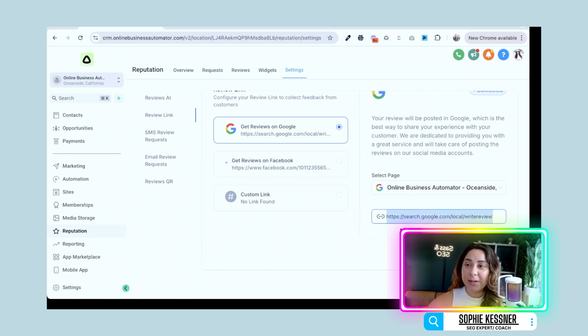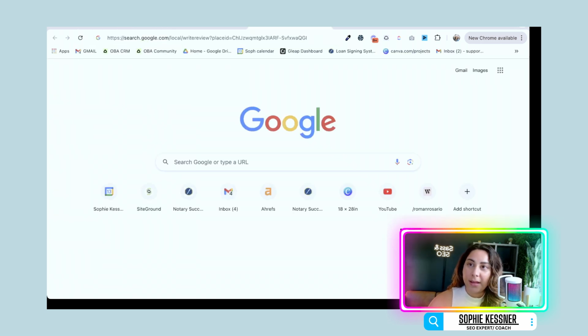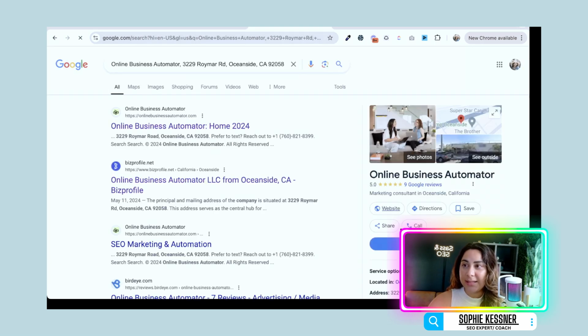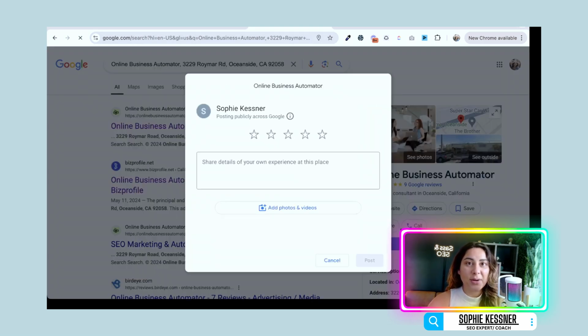Now, if you don't want to send out your link through the software and you just want to use it organically, then you can simply copy this link, put it into a new browser, and it will automatically generate that Google Business review request, where you'll see here this pop-up is going to show up and it's going to say, hey, leave us a review, and it's already getting it started for